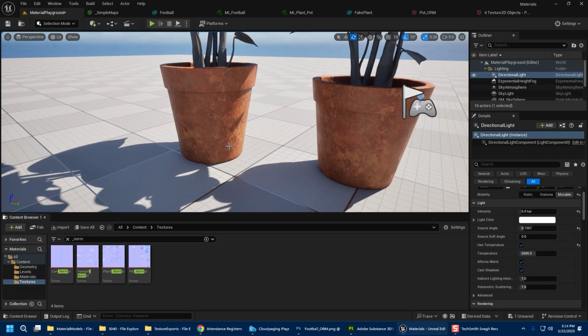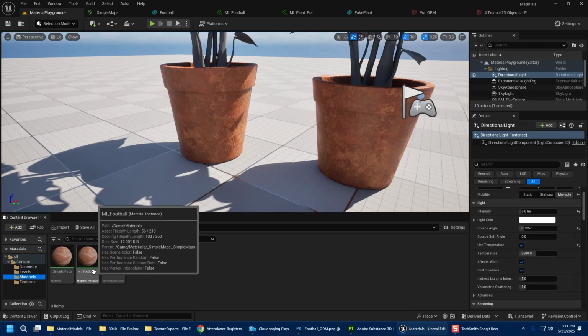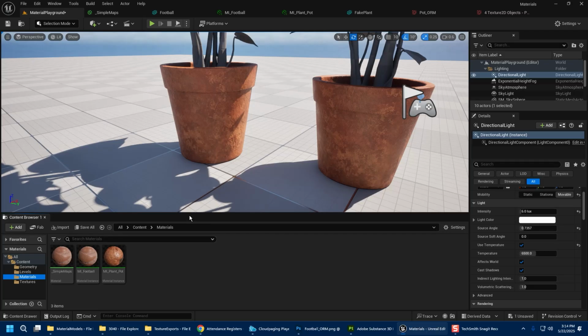Okay, so our textures are all good. That's fine, and I have a master material here that is capable of swapping out the texture maps, but we want our master material to be a lot more versatile than that. So we're going to create a new master material that is going to allow me to adjust contrasts of roughness, intensity of normals, color values, and all that good stuff. So let's